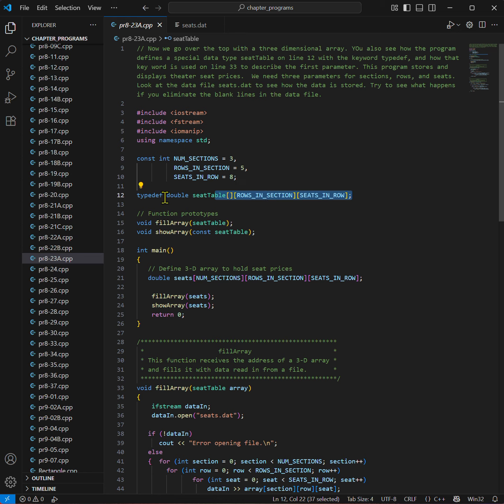So this typedef is just a shortcut, a label, and we use that over here when we pass that structure to the function. Now the main function is actually really simple, and I think it also makes it easy to follow the logic of the program. First, we're just going to declare a three-dimensional array to hold seed prices, and this is a theater program where we have